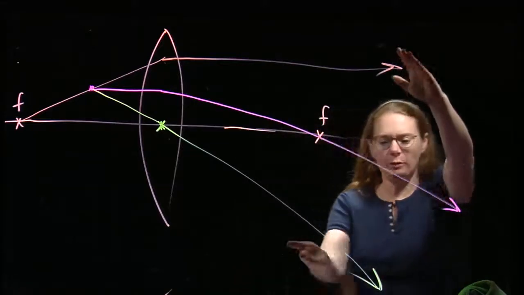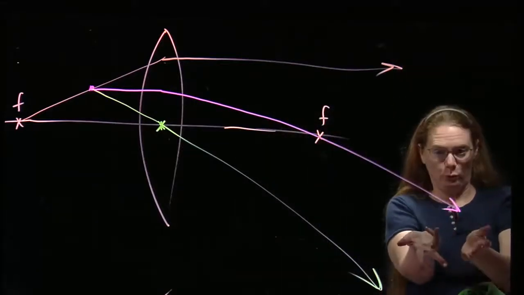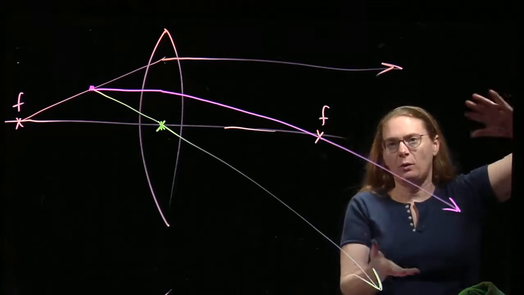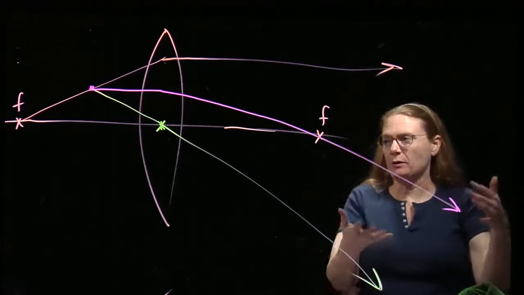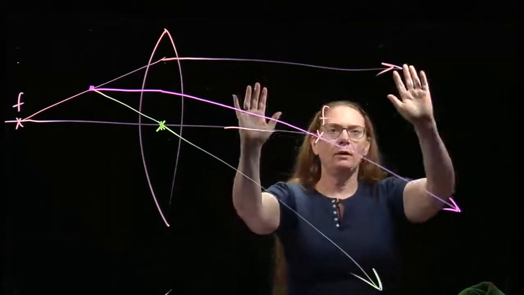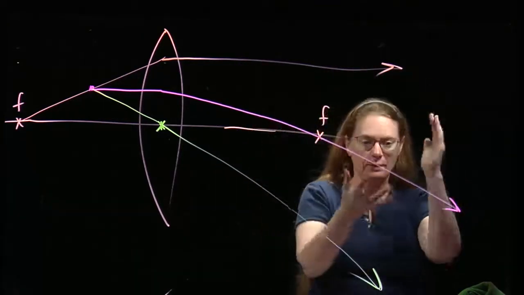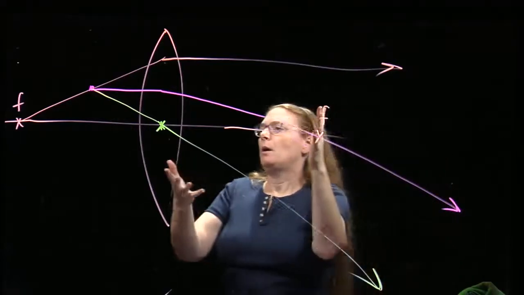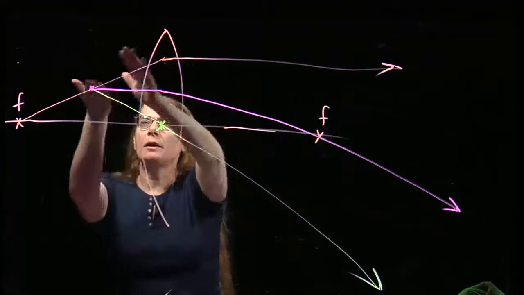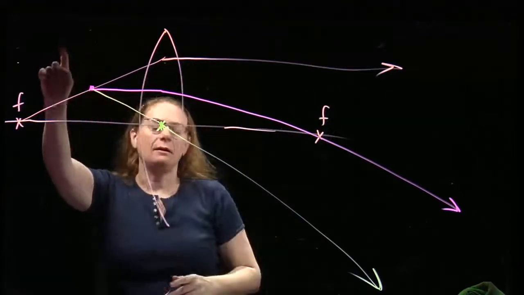Okay, where do these three meet up? Well, they don't. They are spreading out. And so these will never converge in actuality. There is no place you could put a screen over here or a piece of paper or whatever and actually see an image. But just like with curved mirrors, we can trick our eye into thinking that an image is